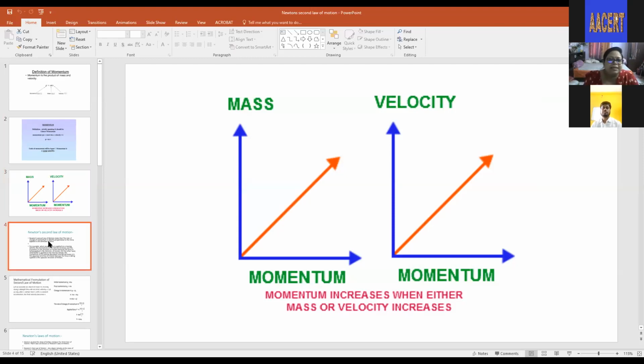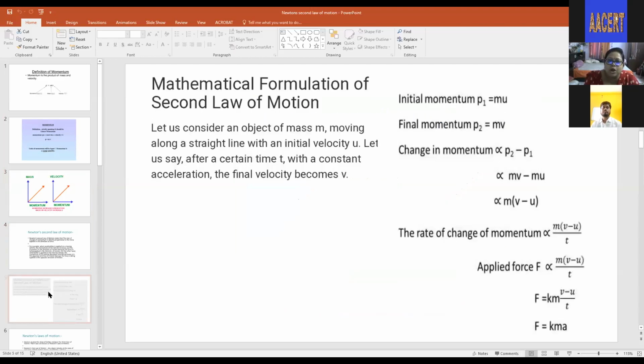Okay. Next is Newton's second law of motion, and there is a lot of derivation. See, everything is available in your virtual setup. So I have done all the calculation on the PowerPoint. But at the same time, I will prefer that parallelly you use your board. Take just a minute. So you have this board. So continuously you will use this board.